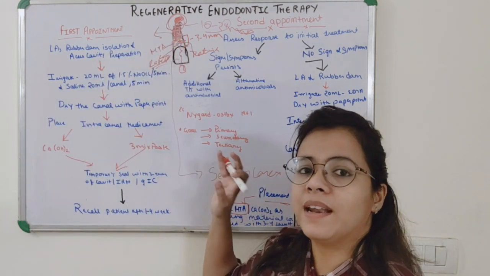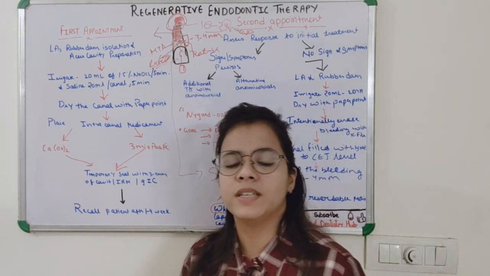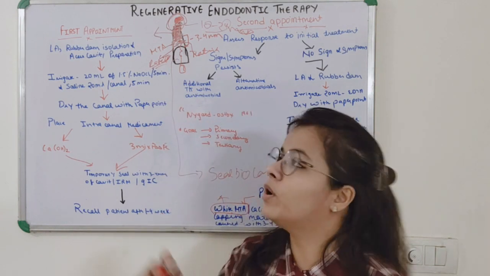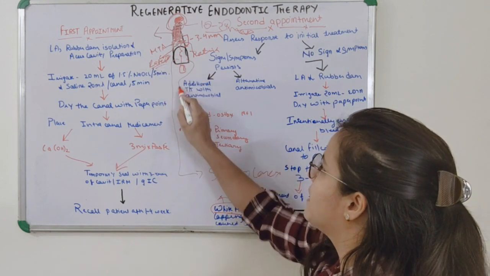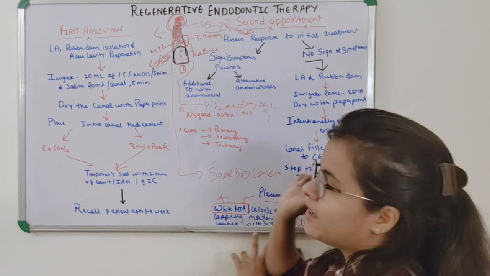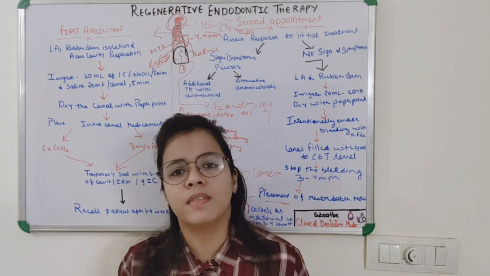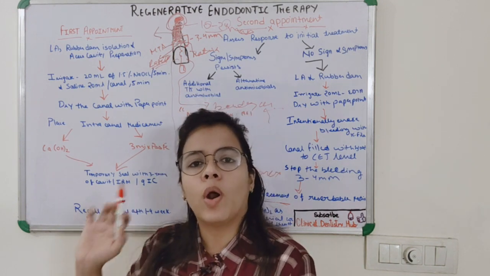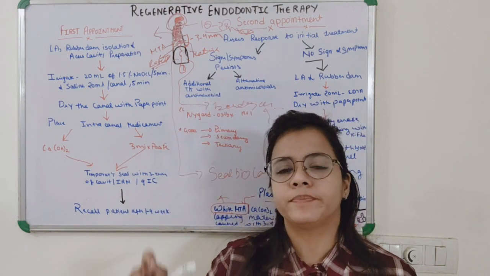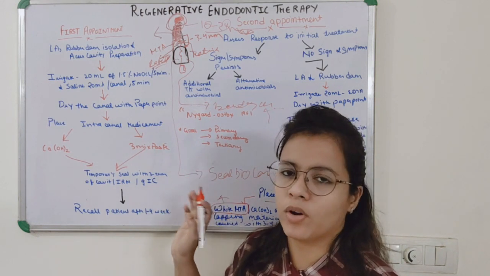Plus there are a few disadvantages also. If you are using a triple antibiotic paste, it may cause discoloration. There is one study which quoted that before placement of the triple antibiotic paste, they placed a bonding agent and then the triple antibiotic paste was placed, so that discoloration could be eliminated. But it was seen that discoloration was not totally eliminated; it was only slightly reduced. So it is better that you replace it and do it with cefaclor over here.